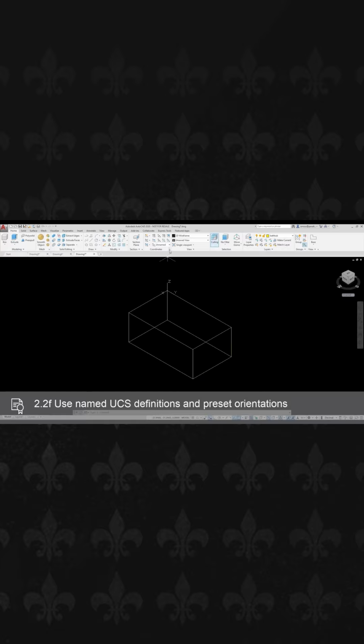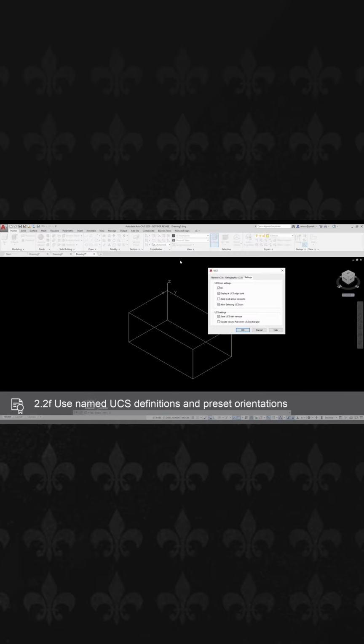To name the current UCS, I select the small arrow in the lower right of the Coordinates panel. I select the Named UCS tab. I click on the unnamed UCS